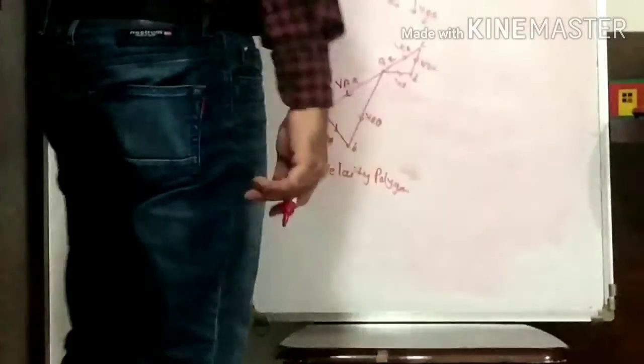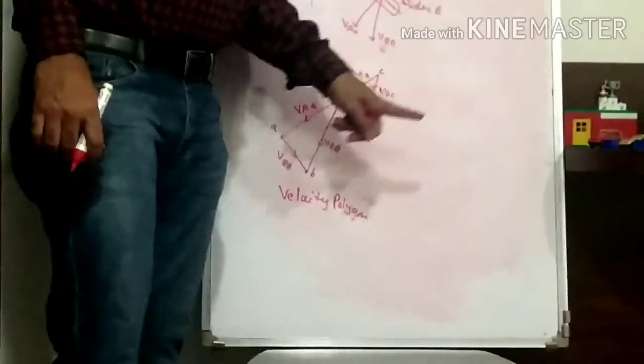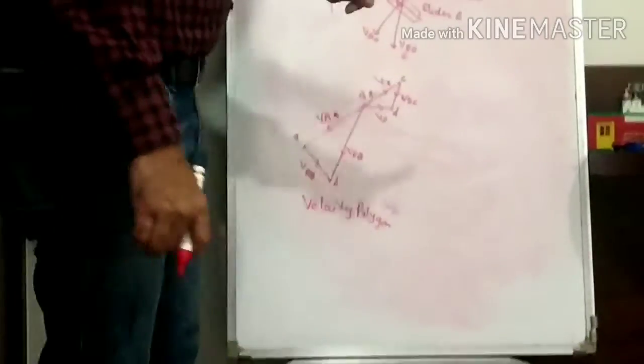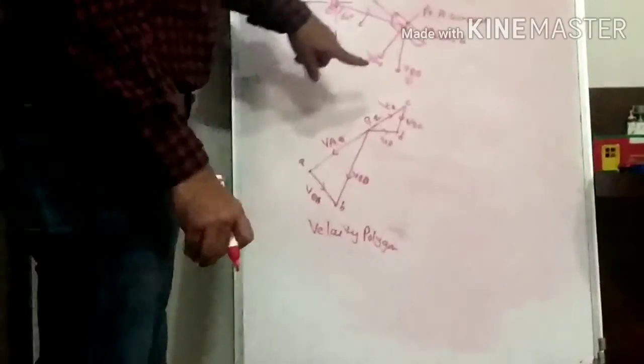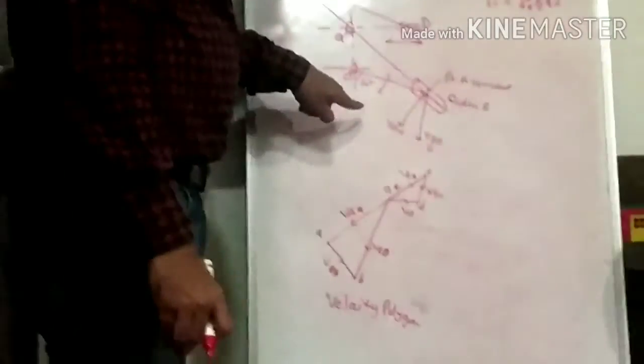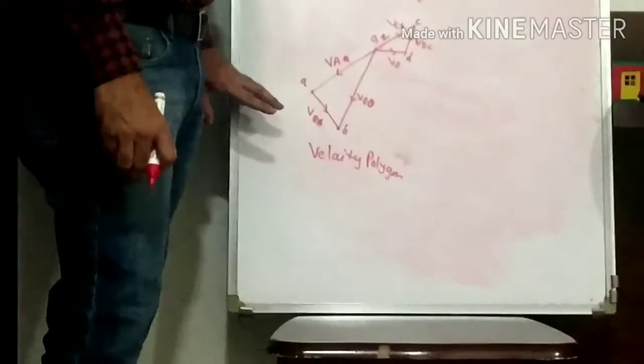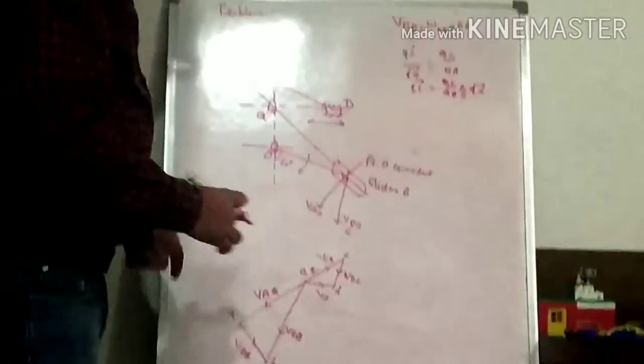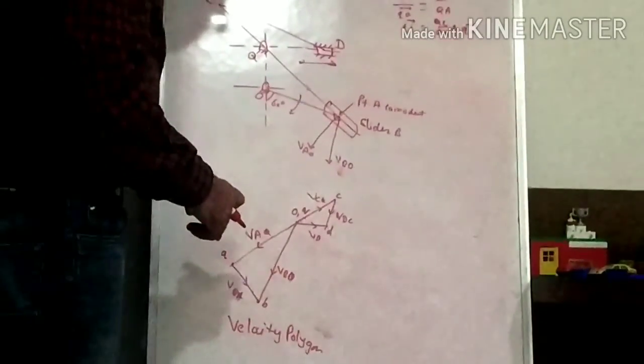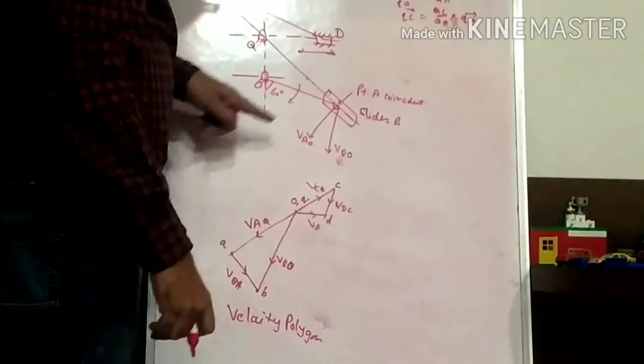Okay. Then our important thing is what? Here we are going to see how to find the Coriolis component of acceleration and its direction. For this we have to draw the acceleration polygon for this particular mechanism. But it is a must that we first draw the velocity polygon. Then again we have to start the acceleration polygon from the link OB. So first we have to find out